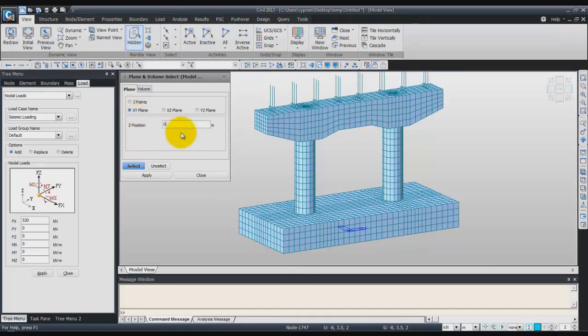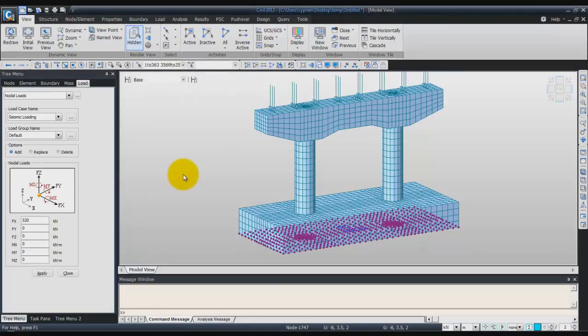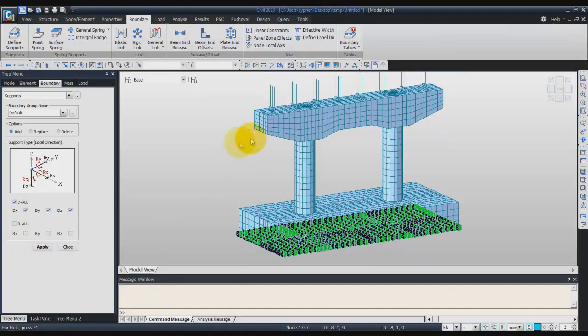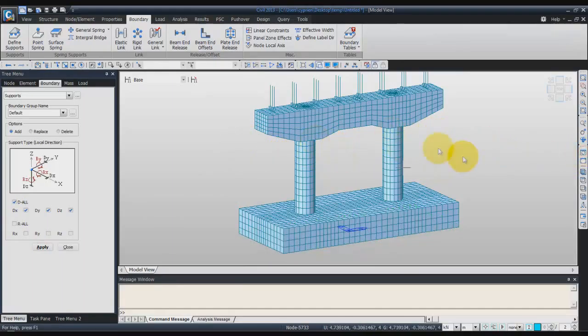Just enter 0 for the Z position, click on apply. Now go into boundary tab, click on define support, add, and check the D-all to fix all the translation degrees of freedom. Now click on apply, and click on redraw, and now your model is